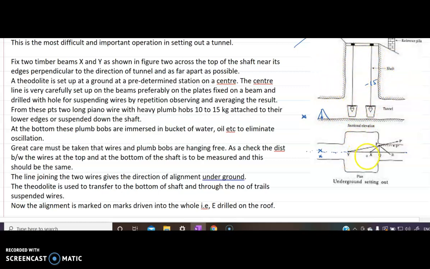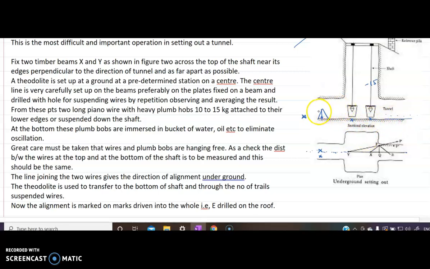Now, just getting X and Y is not sufficient. I have to extend this center line. I cannot go on drilling the shafts, right? That will be as good as having open cut. So once the shaft is done, you have got 2 points. Now your job is to take these 2 points ahead. That is, you have to take this center line ahead, project it, elongate it.